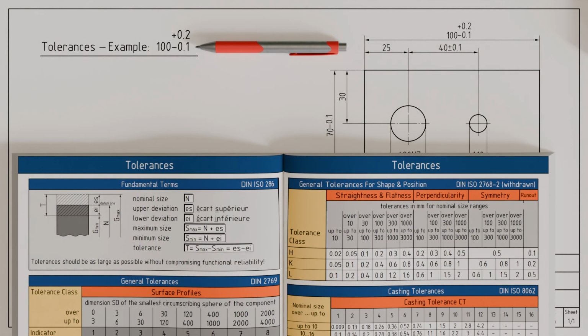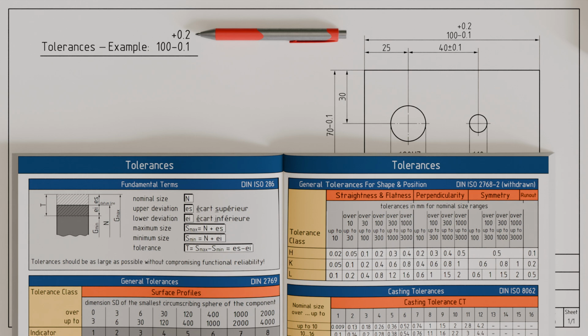In direct tolerance specification, the permissible deviations are written directly after the nominal dimension. These permissible deviations are called limit deviations, or simply deviations. Deviations can be either positive or negative. If the permissible limit dimension is larger than the nominal size, the deviation is positive. If the permissible limit dimension is smaller than the nominal dimension, the deviation is negative. Graphically, the larger of the two values is always placed above the smaller one. So keep in mind, deviations have a sign that indicates in which direction the dimension is allowed to deviate from